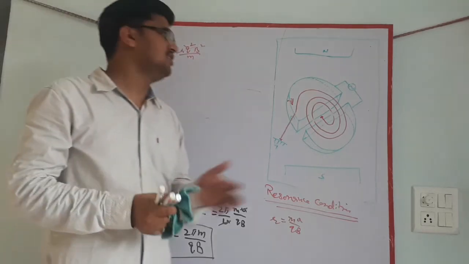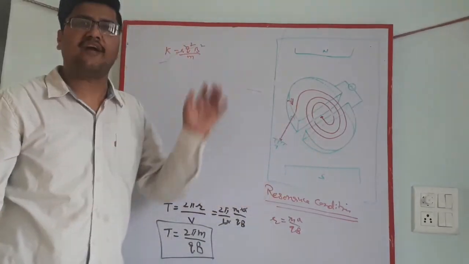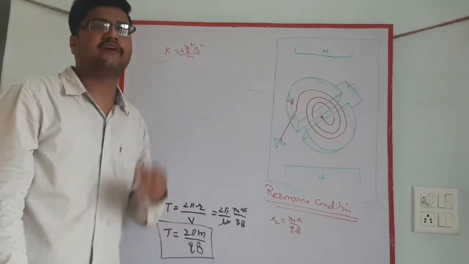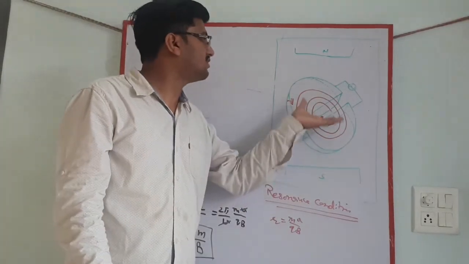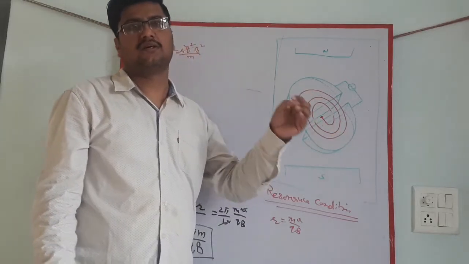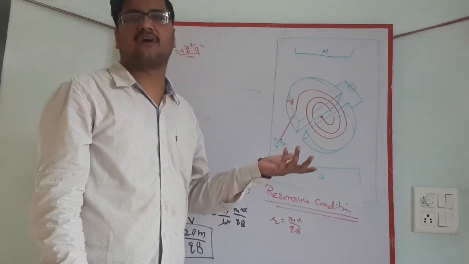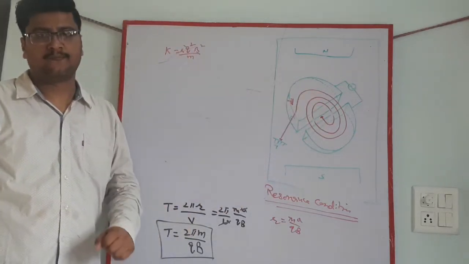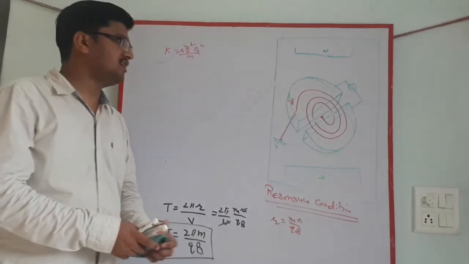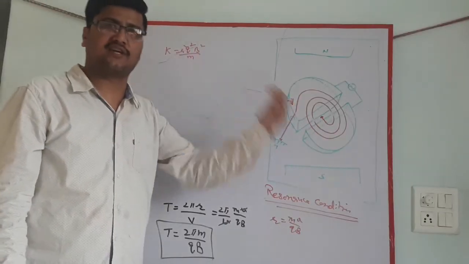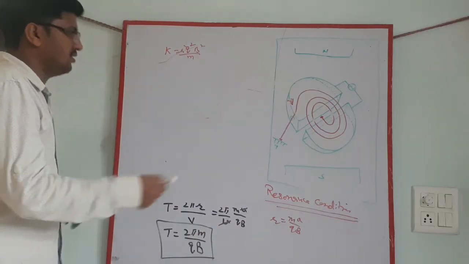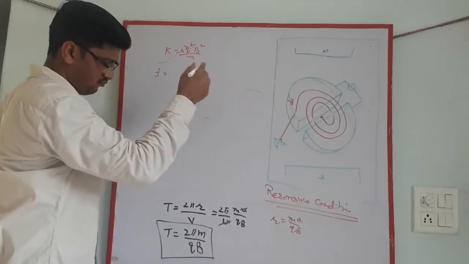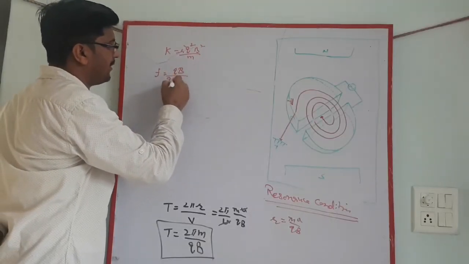In the very first rotation, the charged particle, the electron, gains very high energy, and hence its radius becomes very large, and uncontrolled it collides with the walls of the cyclotron, and hence becomes uncontrolled. We can't use it. That's why the electron cannot be accelerated with this cyclotron. One more limitation is there. First limitation, cannot accelerate neutrons. Second, cannot accelerate electrons. Third limitation, we know that frequency is equal to qB by 2 pi m.